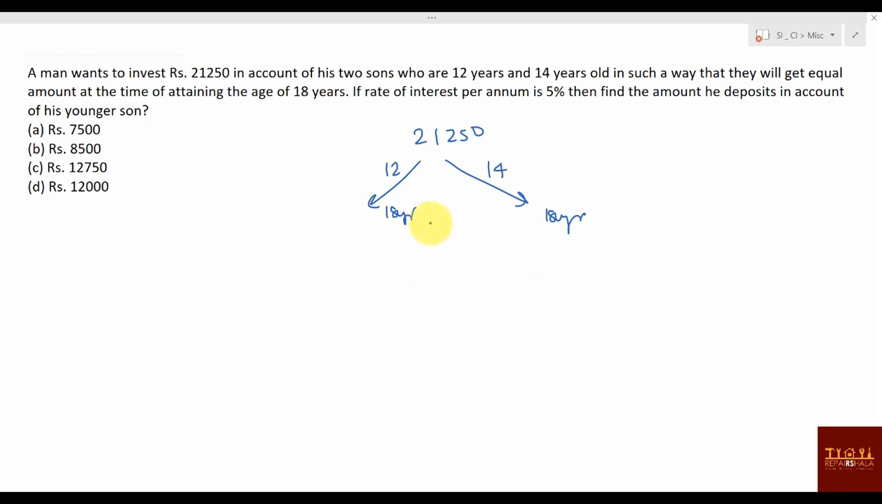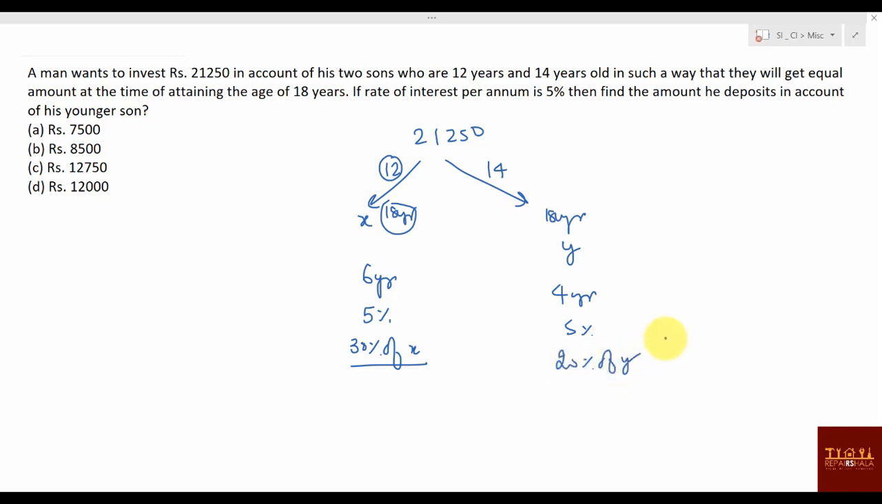What they are saying is equal amount. They are not telling that equal interest is there. So what can you say? His age is 12 and now it is 18. So he will be getting interest for 6 years, and the rate of interest is 5%. Suppose he gets X, so he got 30% of X as interest. Now suppose this is Y, then he got interest for 4 years only at 5%, so you can say 20%